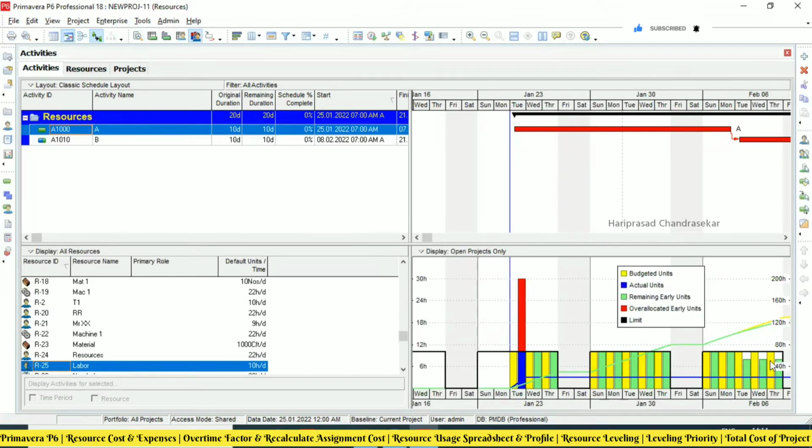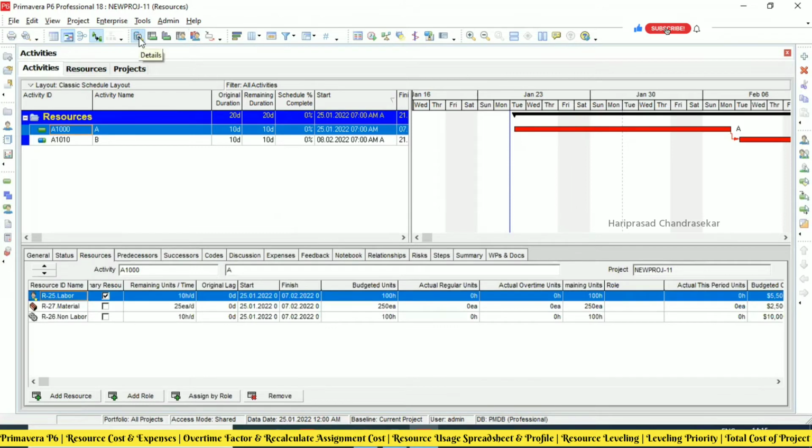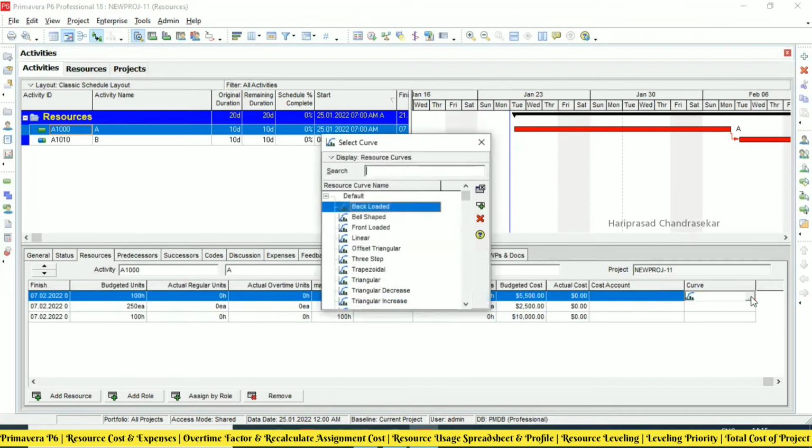This resource curve we can change to bell shape, front loaded, back loaded, and many things like that. But this is not applicable for all activities, maybe only a few, and it depends on the project engineer or planning engineer. Here you can select the defaults: back loaded, bell shape, front loaded, linear is the default one. Not selected is also similar to linear.